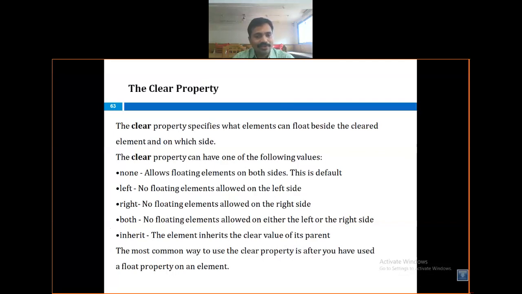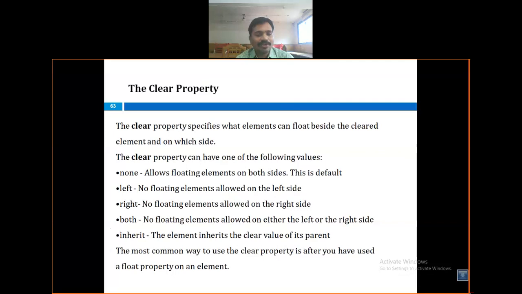Left: no floating element is allowed on the left side. Right: no floating element is allowed on the right side. Both: no floating elements are allowed on either the left or the right side. Inherit: the element inherits the clear value of its parent.